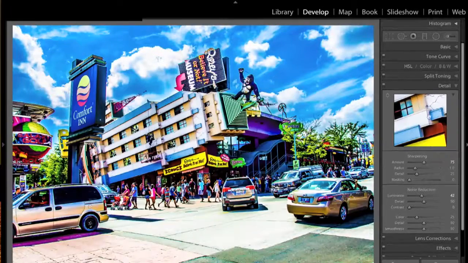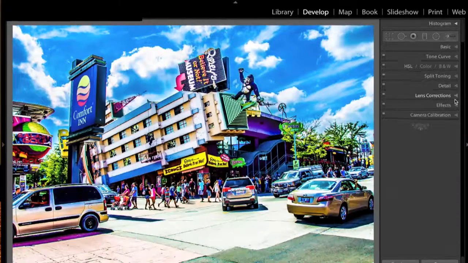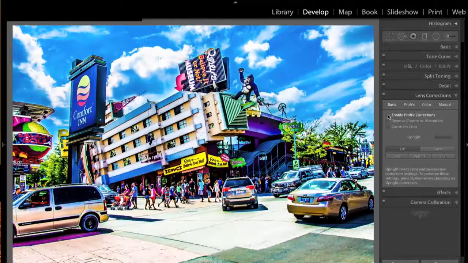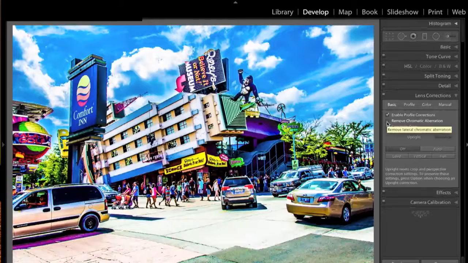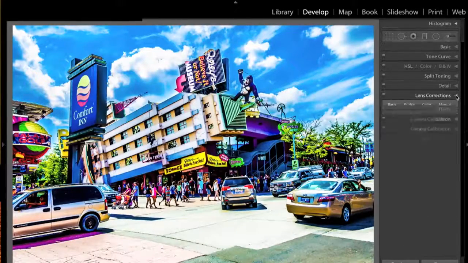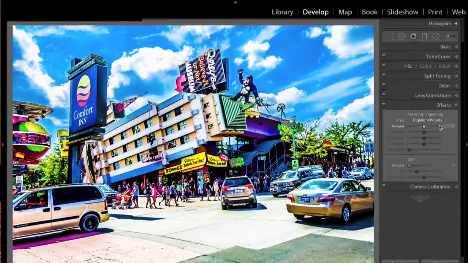precisely. And then I'm going to go to lens corrections, and I'm going to enable profile corrections, and I'm going to remove, well, there was a big profile correction there. I'm going to remove chromatic aberration. I'm not going to do auto or anything because I kind of like it the way it is. I don't want it to try to straighten it because everything's so crooked that it's probably going to make it really crazy looking. So I'm going to leave that alone, and I'm going to go to effects, and I'm going